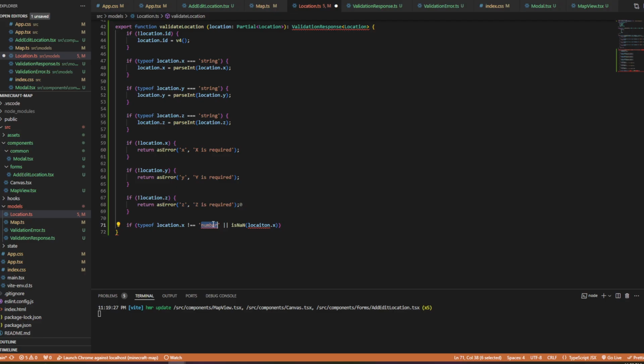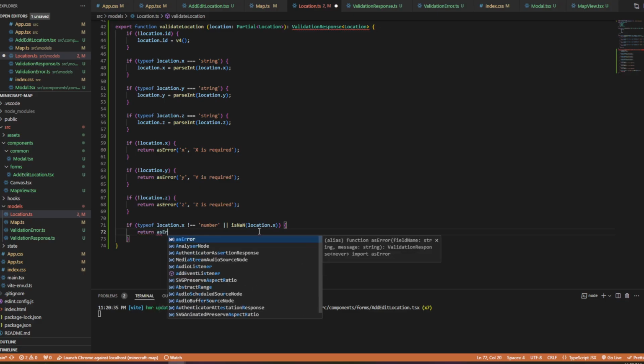Unfortunately, NaN has the type of number, even though it's not a number. I don't know if that's a failing of JavaScript or if they had to do it that way. I don't know. But if that's the case, then I'm going to return asError